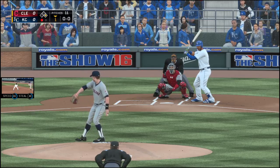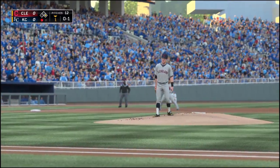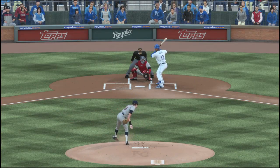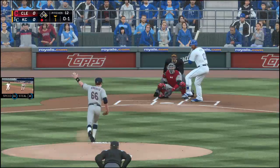Here's the catcher, Salvador Perez. As he'll take a good look at a curveball that sweeps right across the zone in there for the first strike. Well, you figure that curveball is going to be an important pitch for him going forward. Yeah, he's going to need to mix his speeds